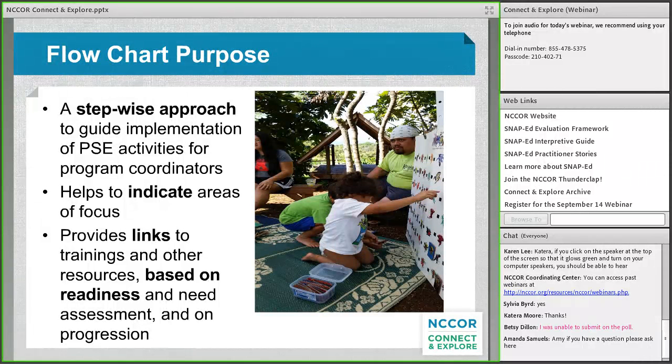So it really is a stepwise approach to implement it. It helps indicate where you can focus your efforts for the year. It provides the links to resources, and the links are really based on the need for readiness. So it's not like we're telling you to run a marathon when you've been sitting on the couch for 3 months. It shows where you're at and where your group is at to help move forward in readiness